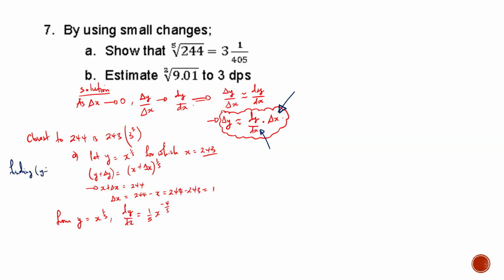But we have seen that we can express delta y as a function of the first derivative and the small change in x. So we are going to find dy/dx when x is 243. So our dy/dx is equal to 1 over 5 times 243 power negative 4 over 5. And that's going to give us dy/dx as